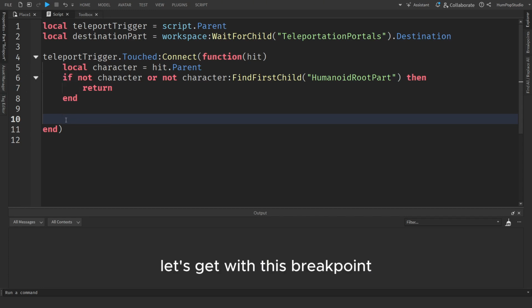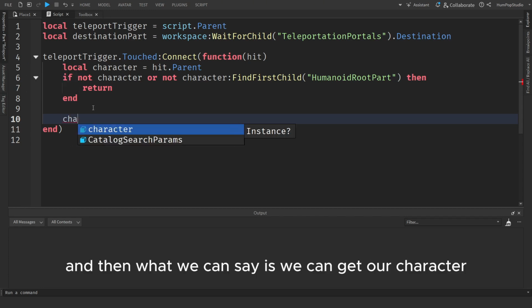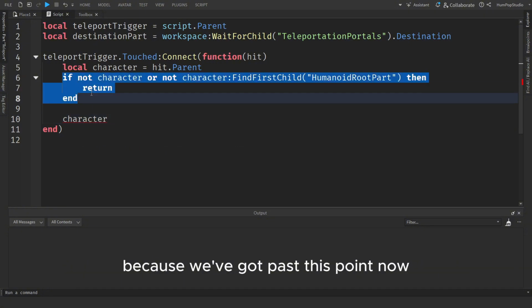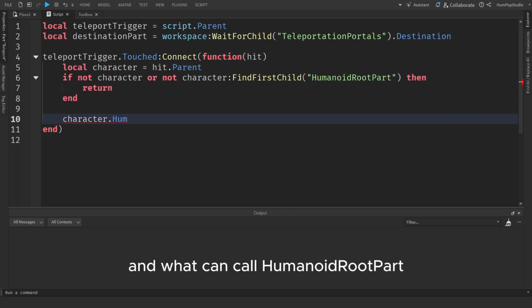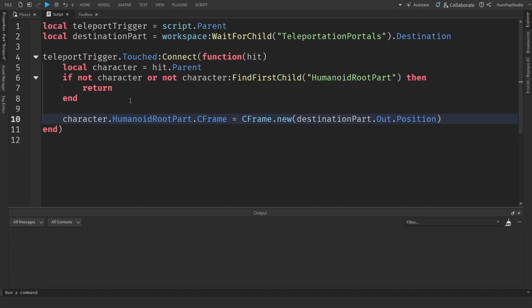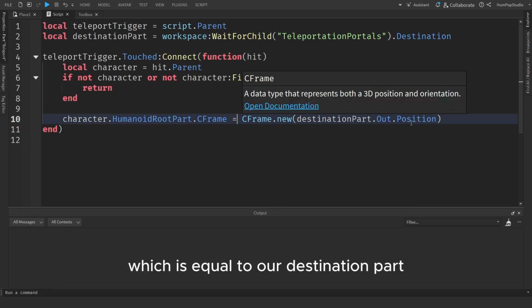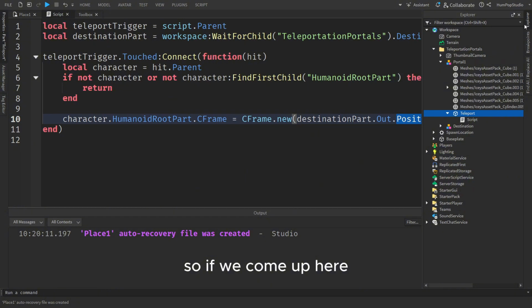Let's get rid of this breakpoint. And then what we can say is, we can get our character, because we've got past this point now, so we know we've got a character to work with. And we can call humanoid root part. What I'm going to do, I'm not going to try and type again. I'm going to copy this, paste it in and explain. So we get our character. We get the humanoid root part, which we know we can access because this came back as true, which was why it didn't go in here. And then we can get the CFrame, which is a property of the humanoid root part. We then assign the humanoid root part CFrame to a new CFrame, which is equal to our destination part. So if we come up here,